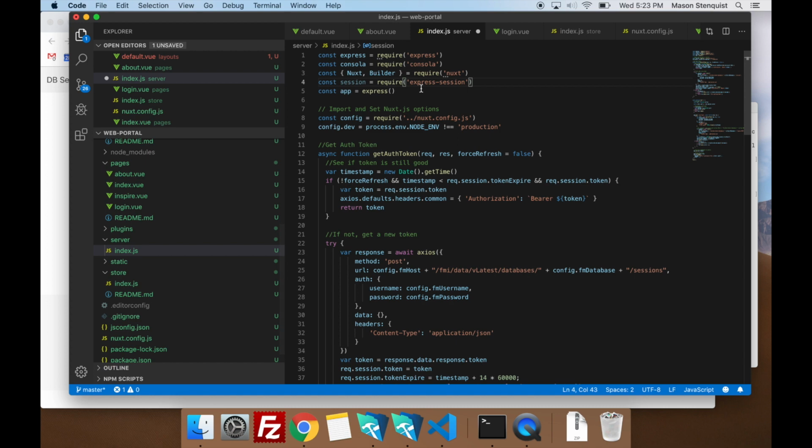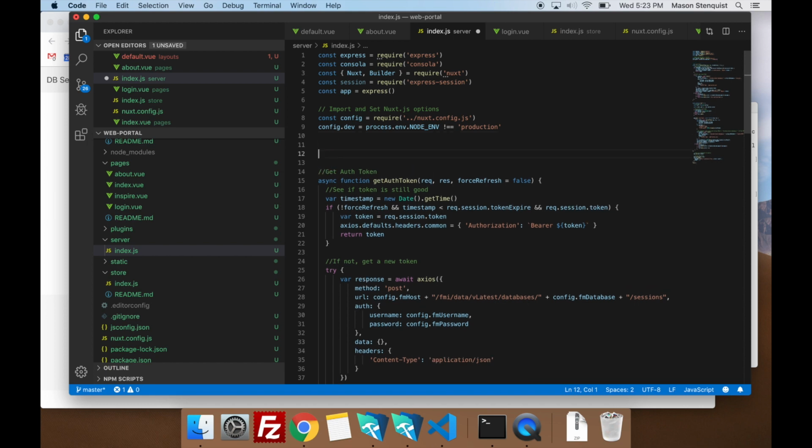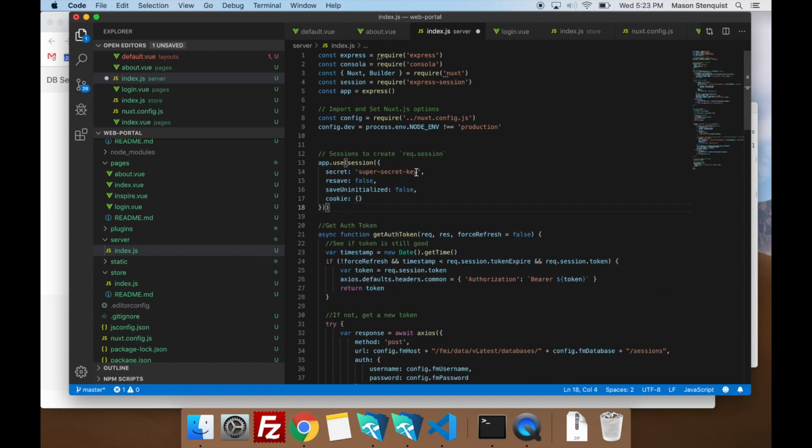And this just pulls from the node modules folder, which is where we just installed it. And so we've done that, and now we need to set up basically a secret token so that we can encrypt this information. So we'll just add some room there. And so yeah, this right here would be your super secret key. It could be whatever you wanted. We'll just save that like that.